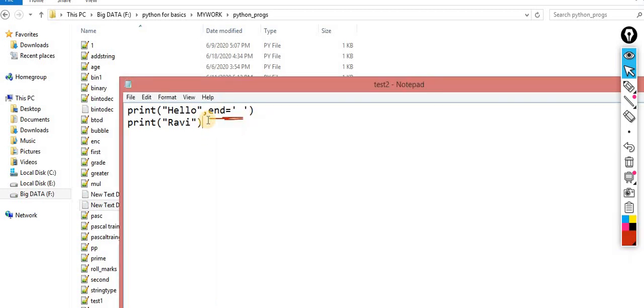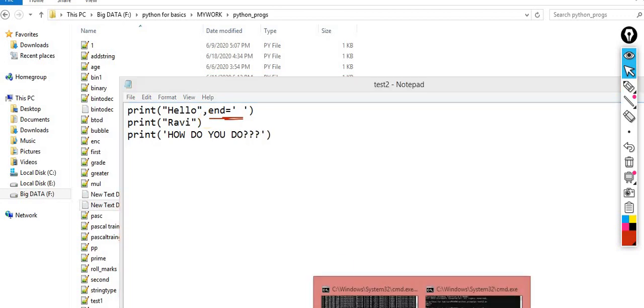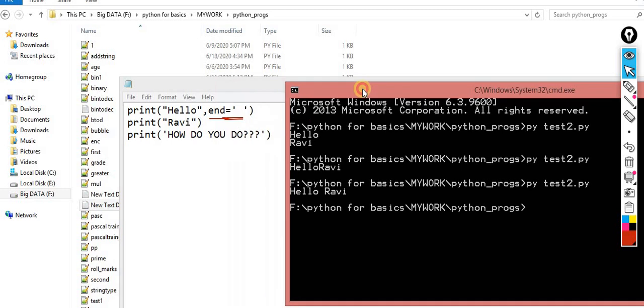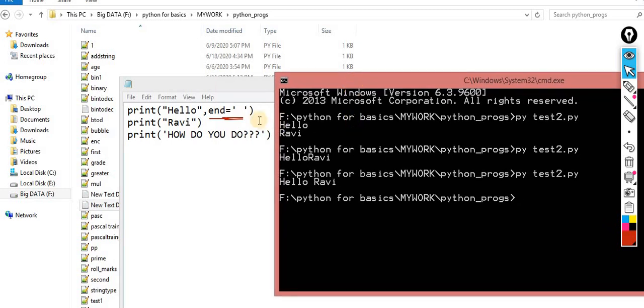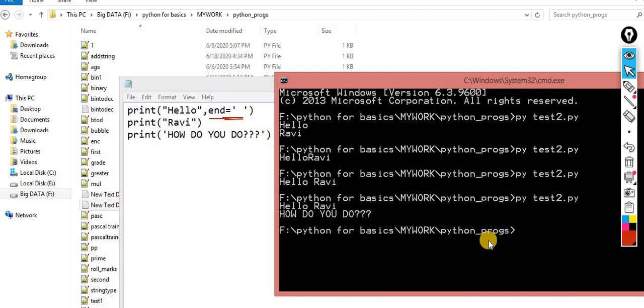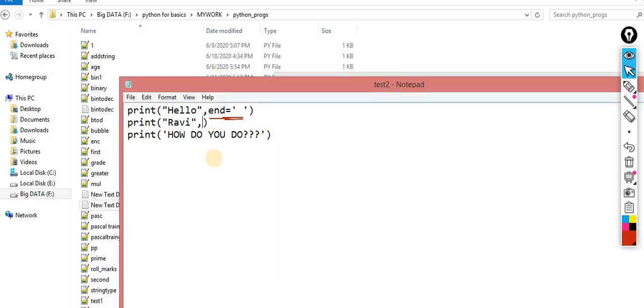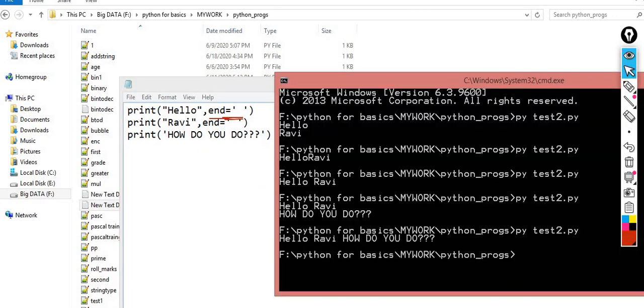Now can anybody tell me, if I do print, how do you do over here, on which line it will appear? Can anyone tell me? Mohammed sir, you are not responding today. Can you tell me on which line this will appear? Yeah, perfect, very good. Now you will get this, but you want to stop it. What exactly do you have to use? You have to use end is equal to space over here. Now what output will I get? I will get this data in a single line perfectly.